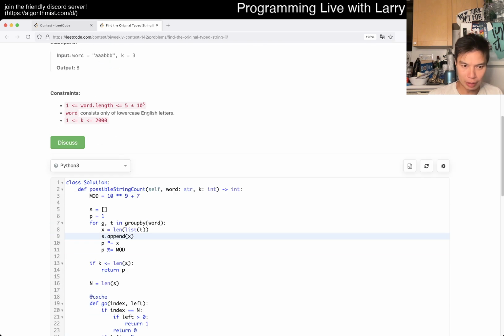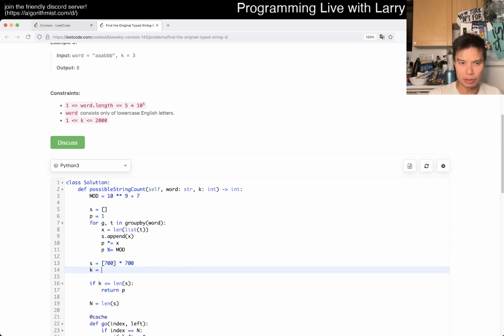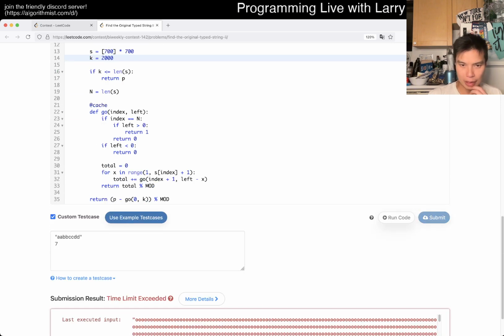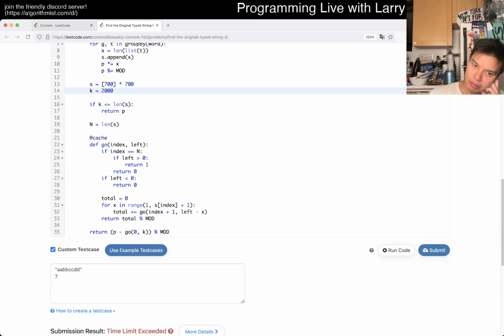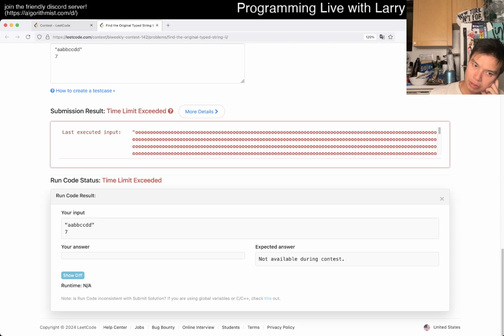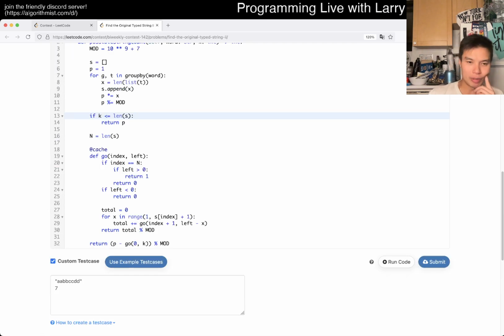So what I should have done is, I forgot about that case, but K is equal to 2000, say, right? Then now 2000 is part of this. So we have to do a little bit better. Yeah, this time limit is exceeded. Okay. I mean, if I had tested that, then I would have, but of course, this would have been whatever.